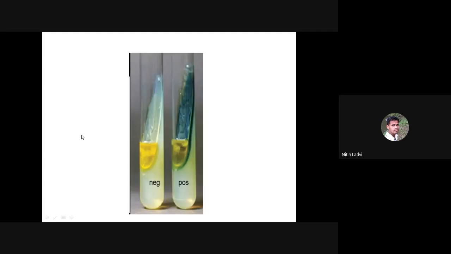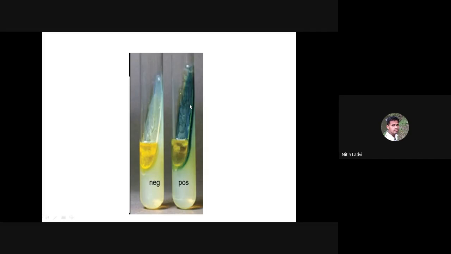So you may get an overall observation something like this. The first tube is showing the negative test. You can see that there is a presence of the reagent at the corner, at that small space. That is the only color of the reagent. But at the right hand side, you can see that the overall surface of the growth on the slant is something like blue, something like greenish, and that is the positive test for phenylalanine deaminase.